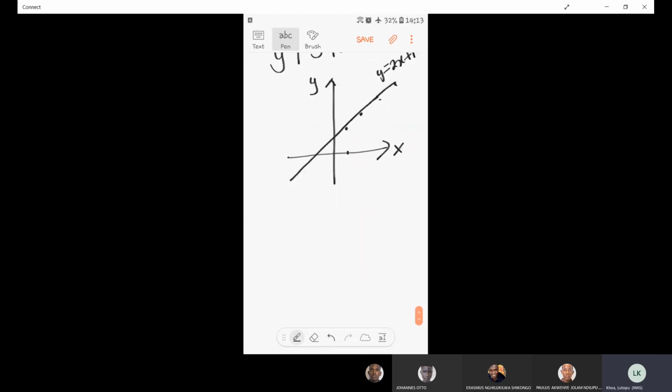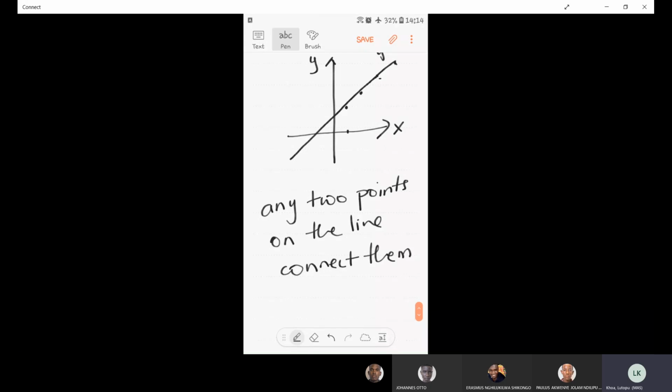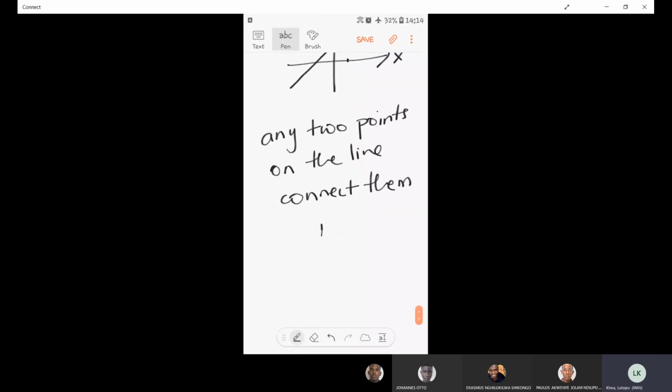Then the second way of drawing a straight line is you take any 2 points on the line and connect them. So if you know 2 points that lie on the line, so let's say I have my